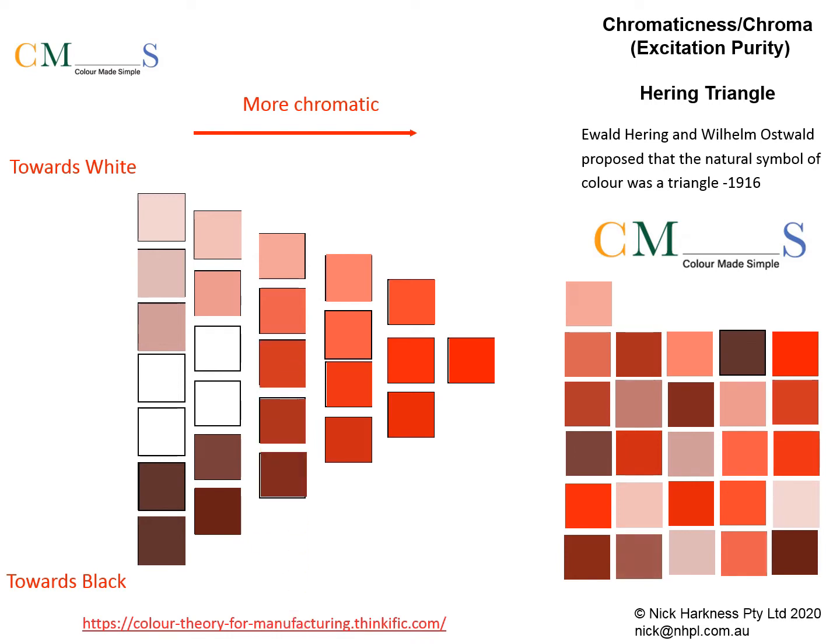As the distance from clear red increases, the colours thus ordered would be continuously more veiled by white on one side and by black on the other, until finally all traces of redness vanished into pure white or pure black. Hering's triangles, which rotate over all hues with the achromatic axis at the centre, make an important contribution to the concept of three-dimensional colour space.